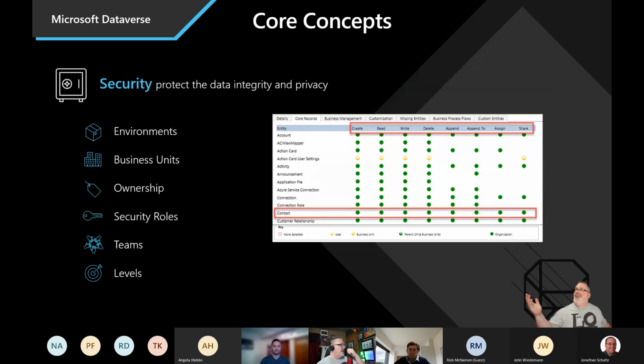When we talk security, the great thing about the Dataverse, especially Dataverse for Teams, is that it follows the security levels that you create inside your team framework. So if you have owners, they have admin rights on the Dataverse, and it flows through to everything inside. It's very easy for people to work with, secure, and understand who can do what. And when it comes to low code, no code, making sure people understand how these pieces all fit together easily is going to be the biggest piece of this.